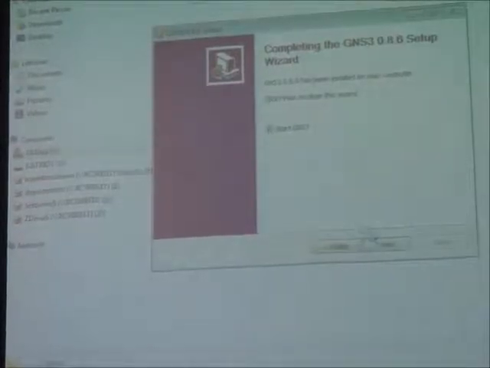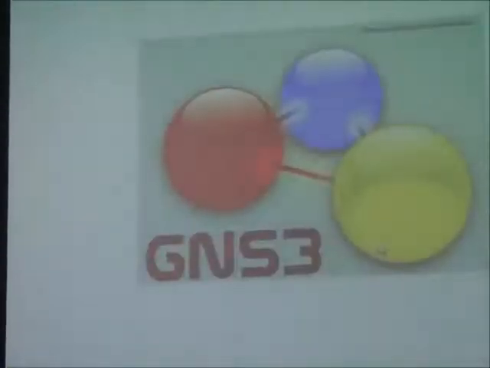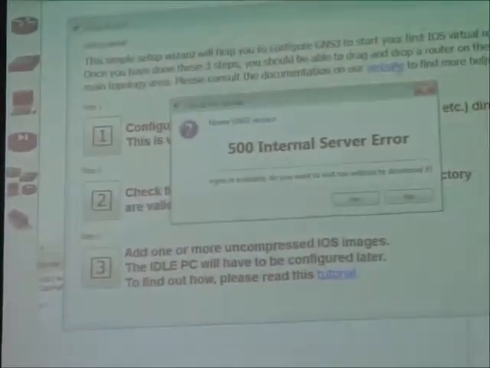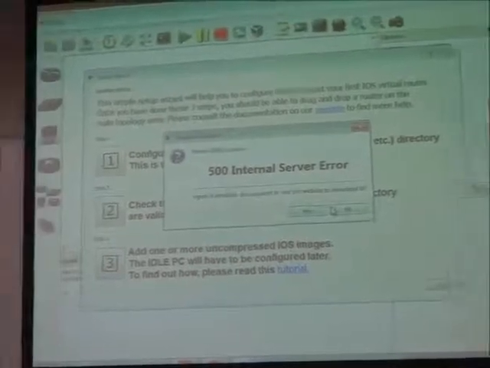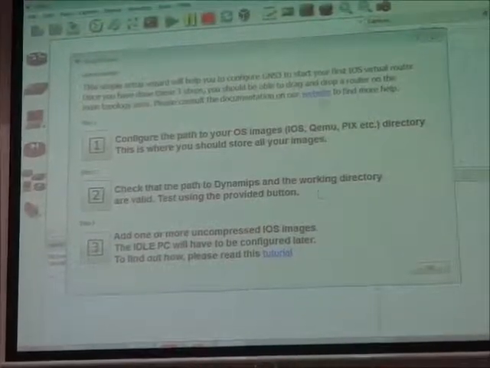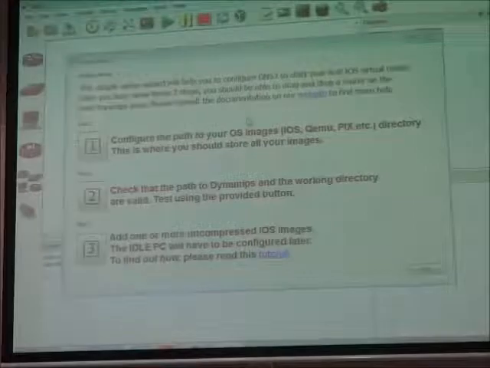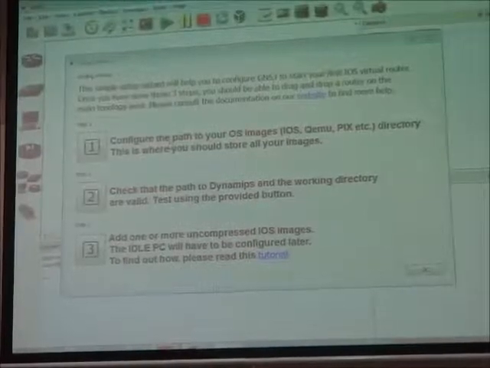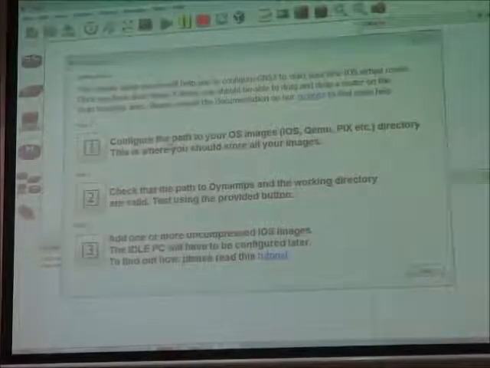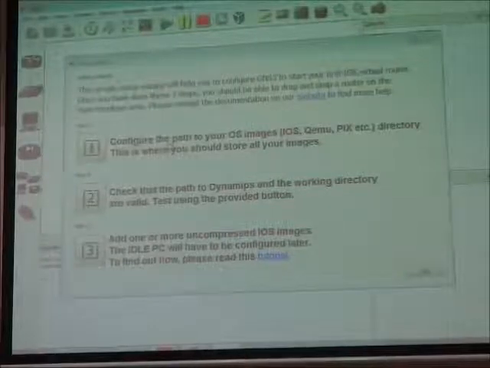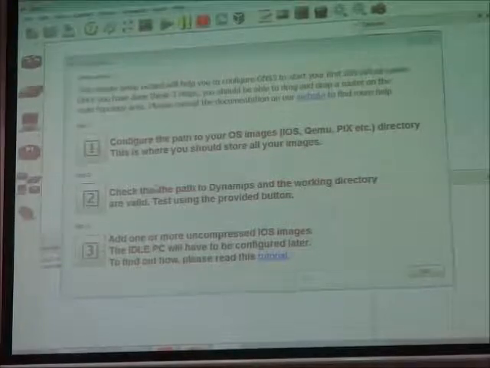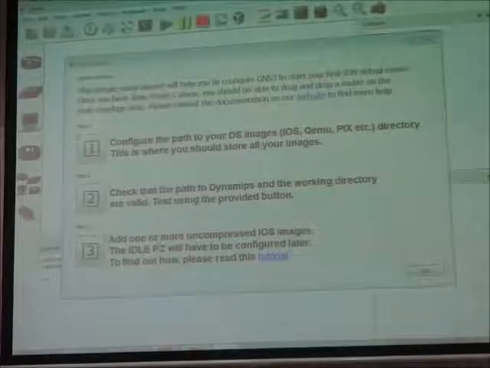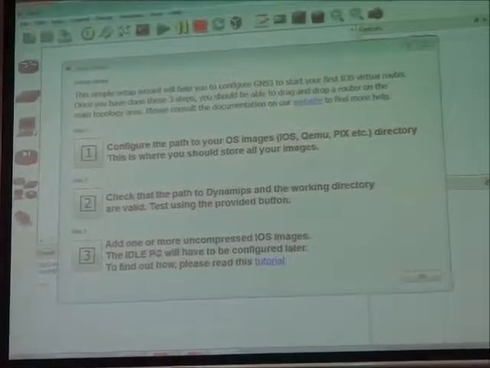Alright. And then I'm going to start GNS3 once I'm done. Launches. So you still need to go through these 3 configuration steps. You've got to configure the path to your OS images, IOS, QEMU, PIX, ASA, check that the path to Dynamips and working directory do work, and add 1 or more uncompressed IOS images. So step number